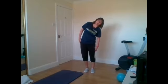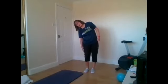So you can do as many as you like, 8 to 10, and back up, down the other side, so stretch us down the side, and back up, hold it, bring your arms up one across the floor, the other, shoulders down, draw into your spine, deep breath in, breathe out, push your arms to the right, so keeping your hips forward, shoulders relaxed, keep drawing into your spine, hold it,